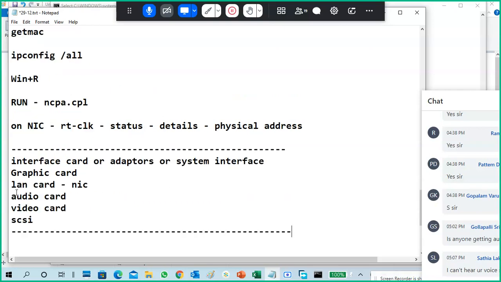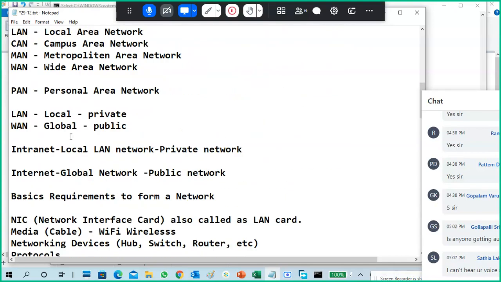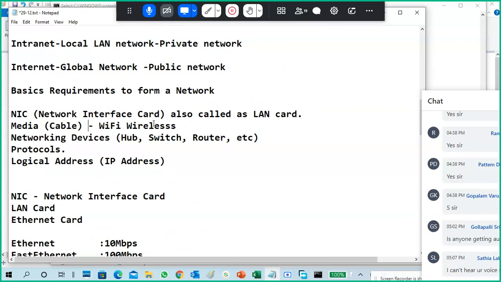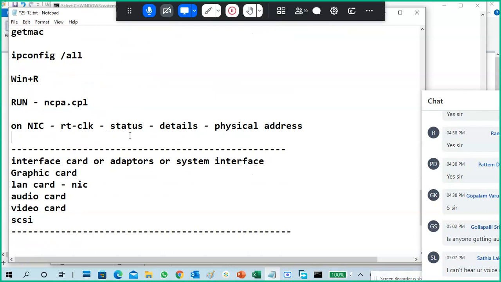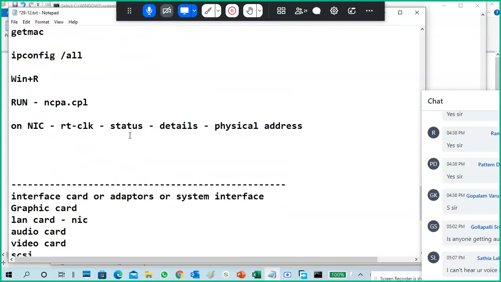In the next session, we will discuss different types of cables, and also Wi-Fi standards. One more point I want to tell you, guys: your network interface can also be a Wi-Fi adapter.